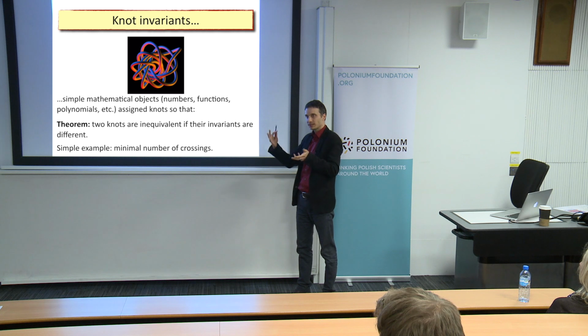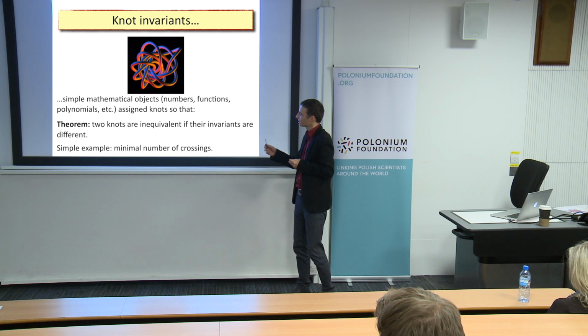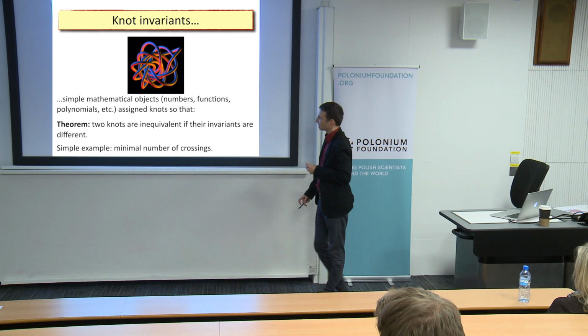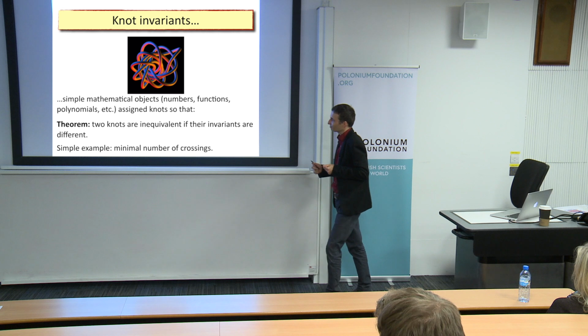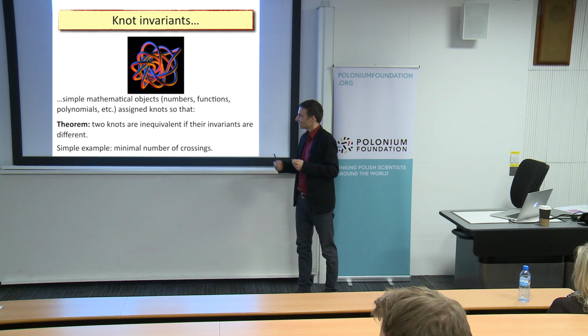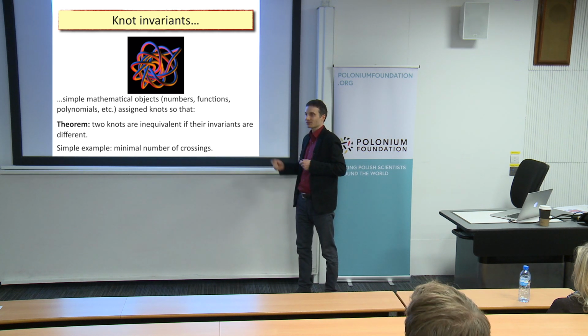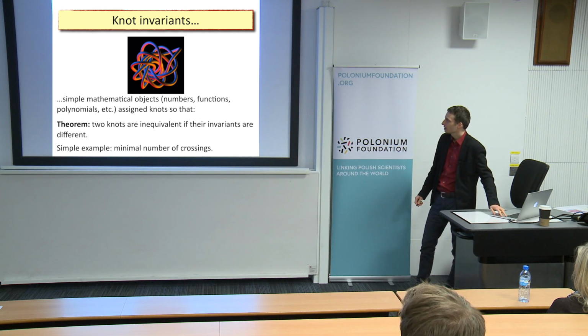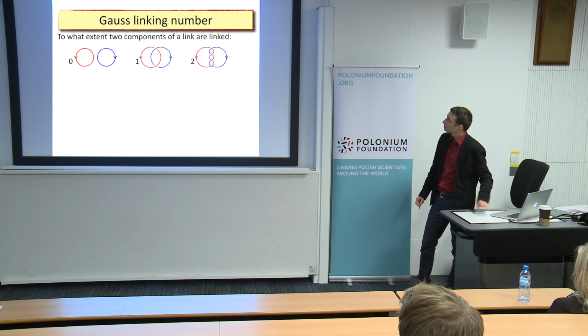So there are various families of those, but no knot invariant which we know now is perfect, in the sense that you can always find two knots which wouldn't be equivalent topologically, but they would give the same knot invariant. So this is like a game for mathematicians to define such an invariant which would distinguish all knots one from another, and it would work for all of those. And I will show you a few examples of those invariants.